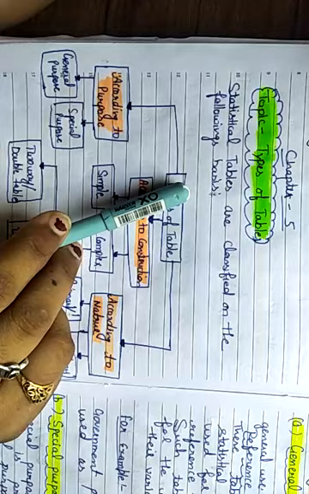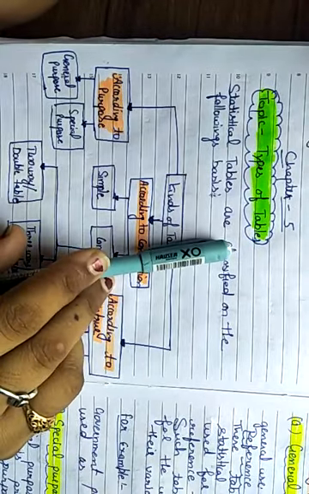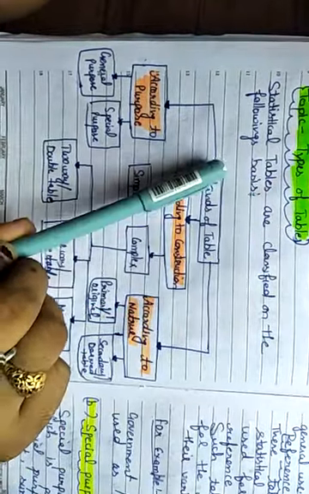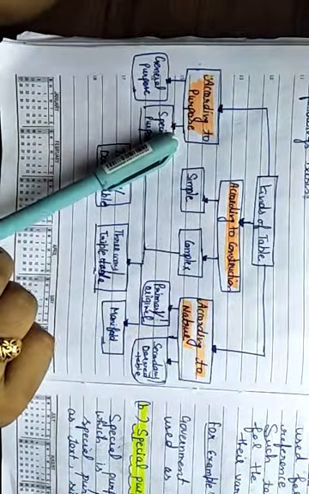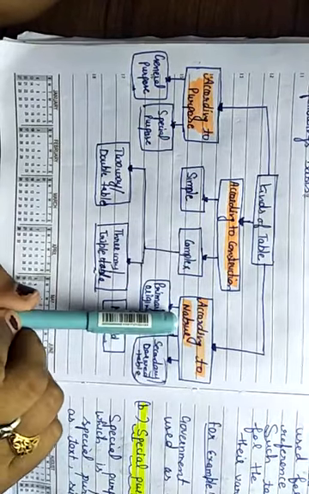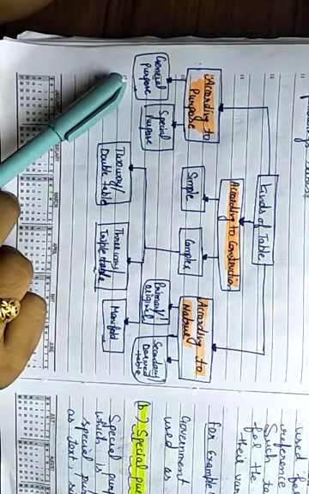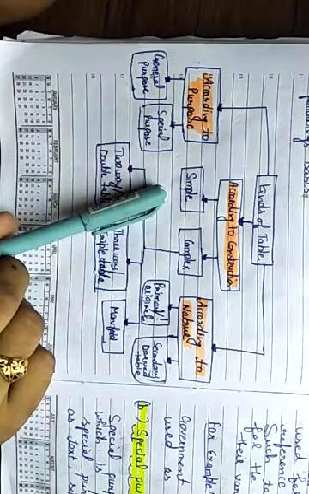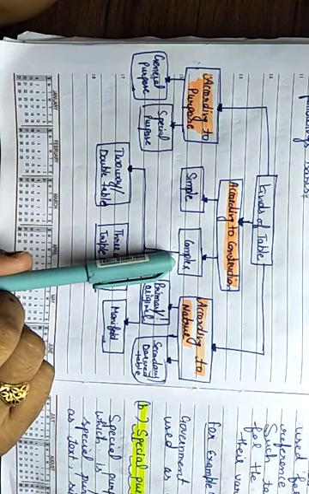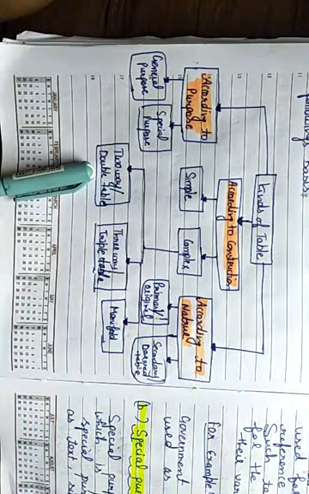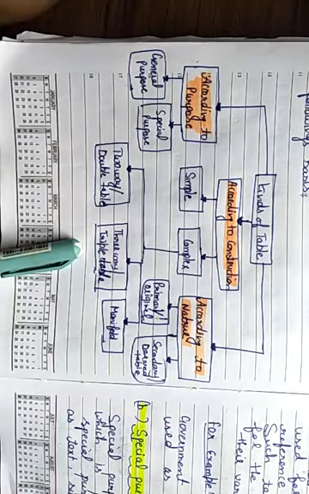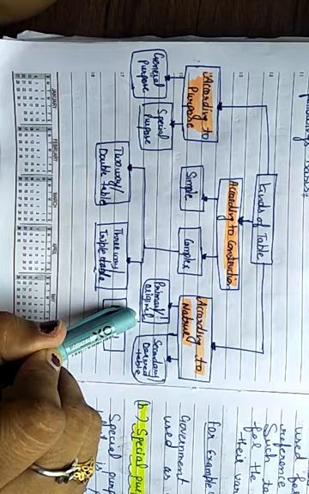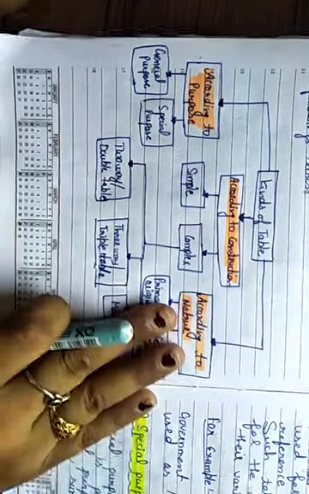Students, today I'll explain the topic types of table. Okay, so this is the last topic of this chapter. Statistical tables are classified on the basis of purpose, construction, and nature. According to purpose, two types are there: general purpose table and special purpose table. According to construction, simple table and complex table. Complex tables are further bifurcated into three: two-way table or double table, three-way or triple table, and manifold. According to nature, primary table or original table, and secondary or derived table.